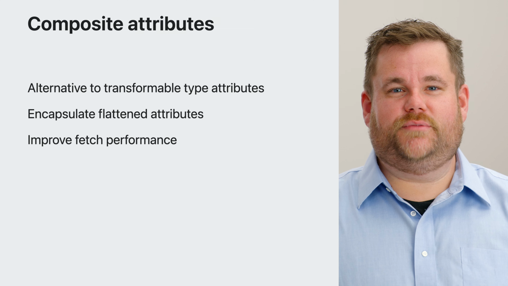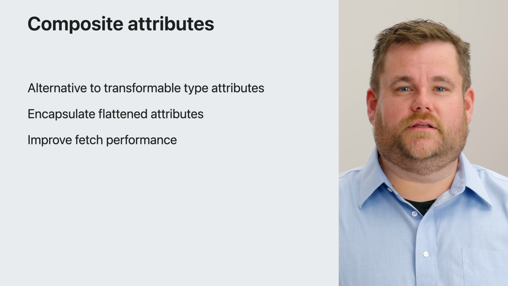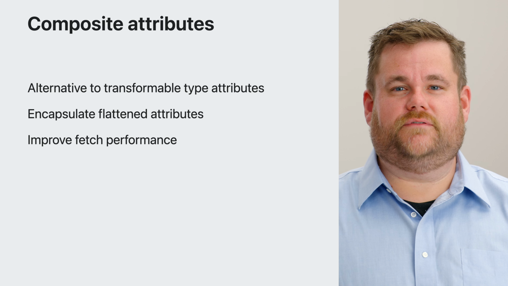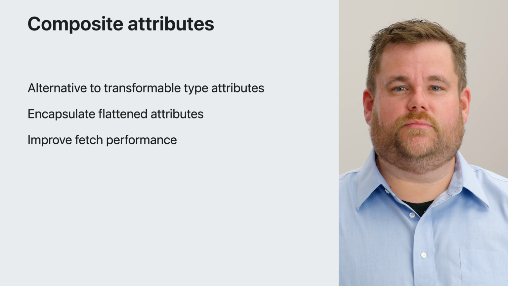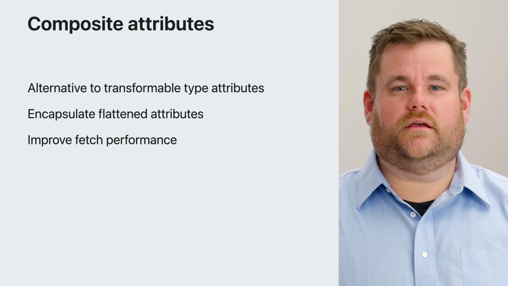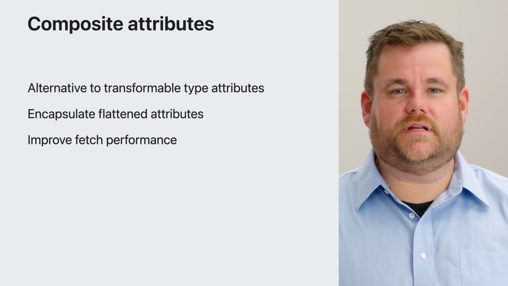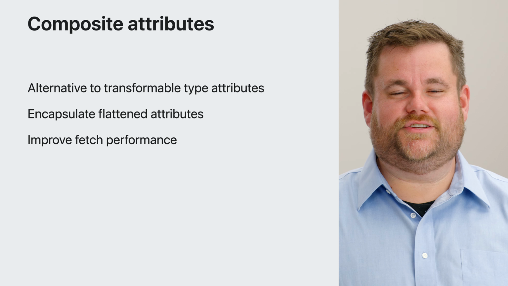Composite attributes can be used to improve the performance of your app. If your data model is composed in such a way that fetching one entity almost always results in accessing a relationship to another entity, you can refactor that relationship into using composite attributes. The effect of embedding a composite attribute in the first entity is that it prevents faulting in objects across the relationship.